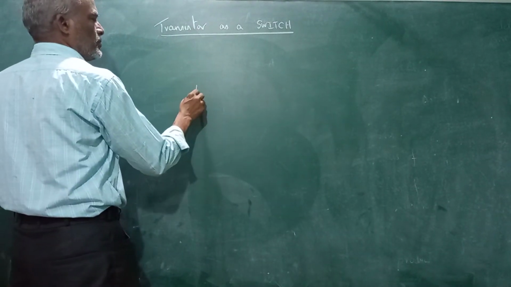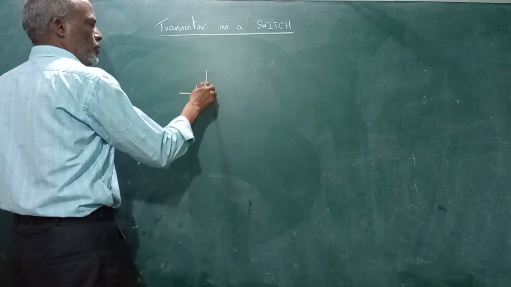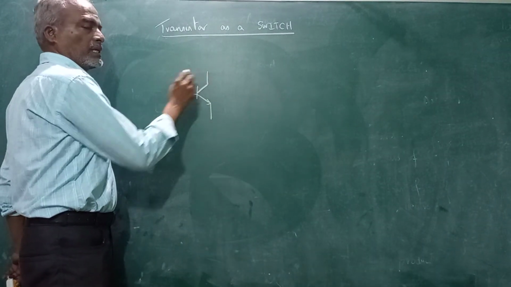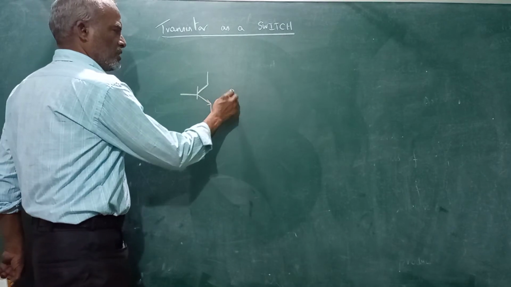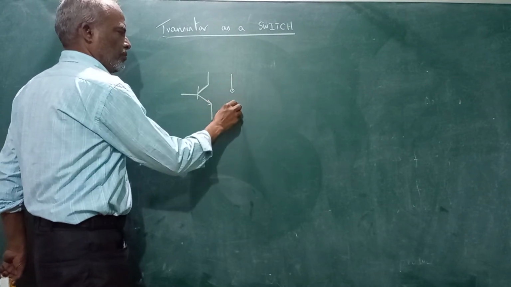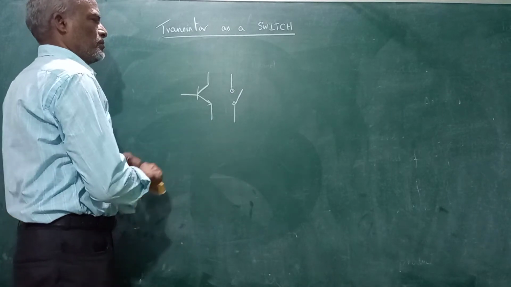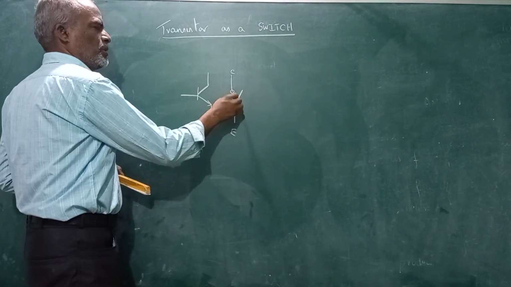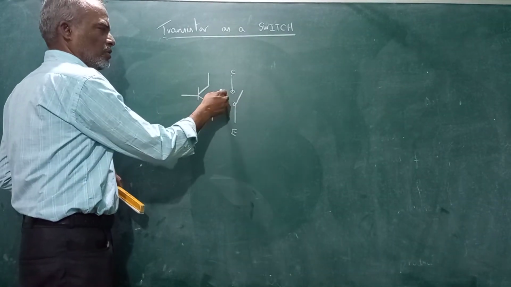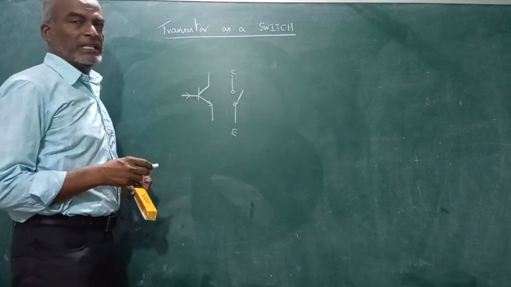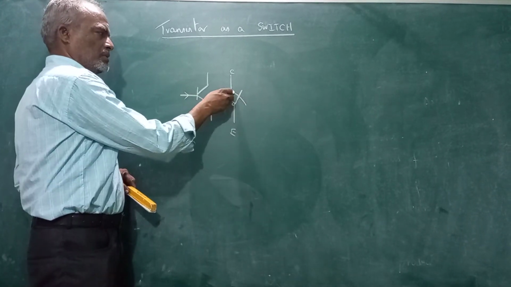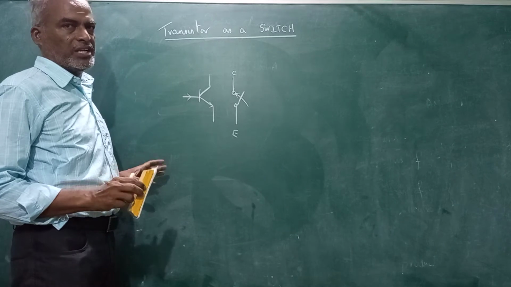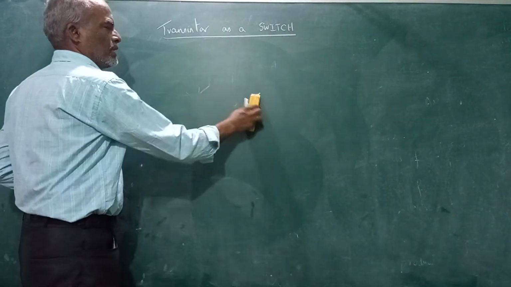In the transistor, you have three terminals. This is an NPN transistor. This is emitter, base and collector. Now this can be viewed as a switch. This may be viewed as C, this is E, and this is the base, the control signal. So you can close or open based on the base current flowing through the transistor. You can make this circuit closed or open with the help of the control signal, the base current. That's the idea. So let us start an example.